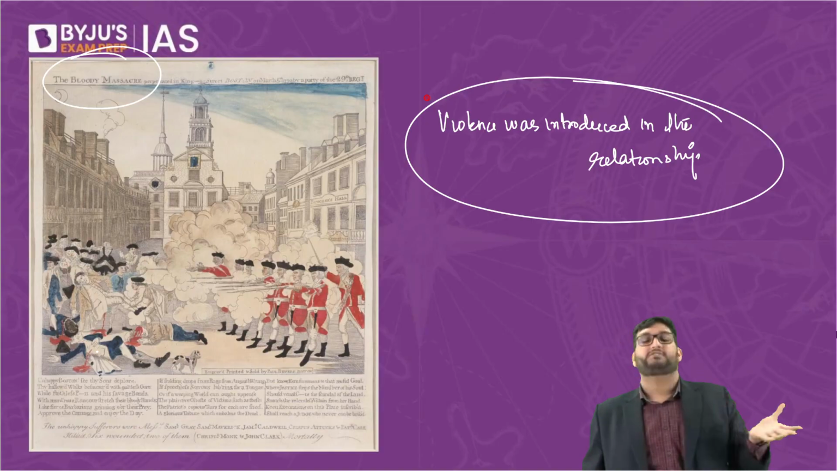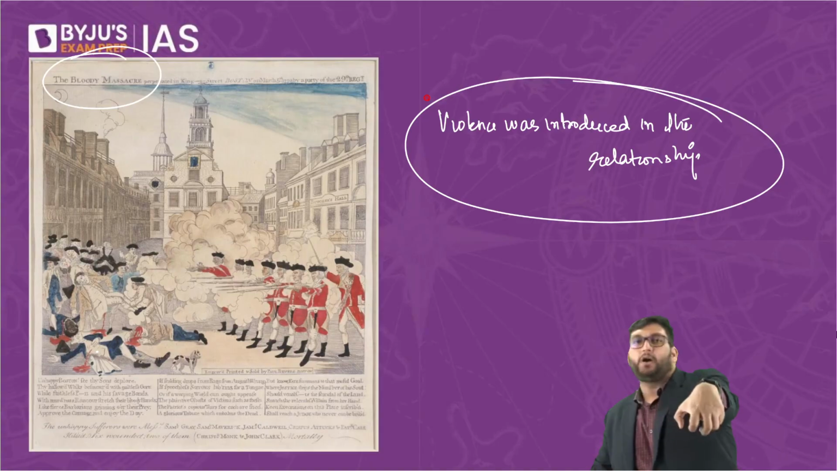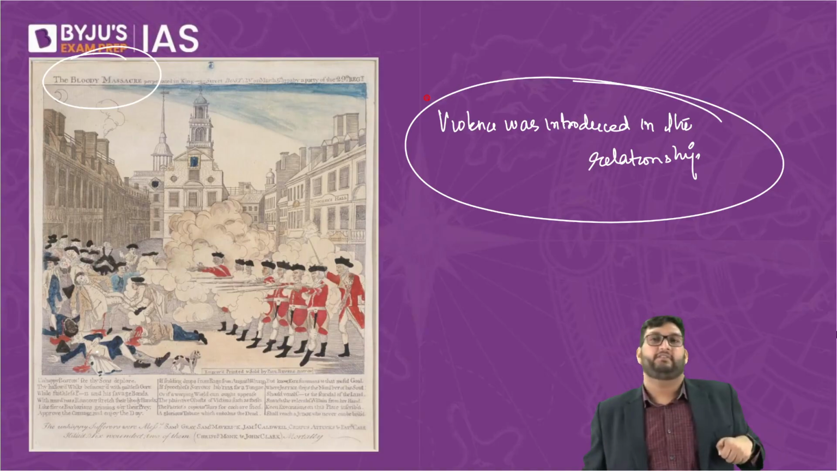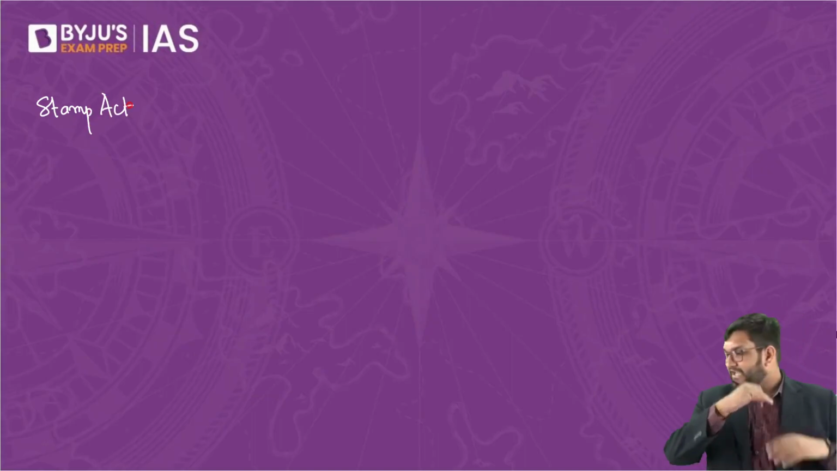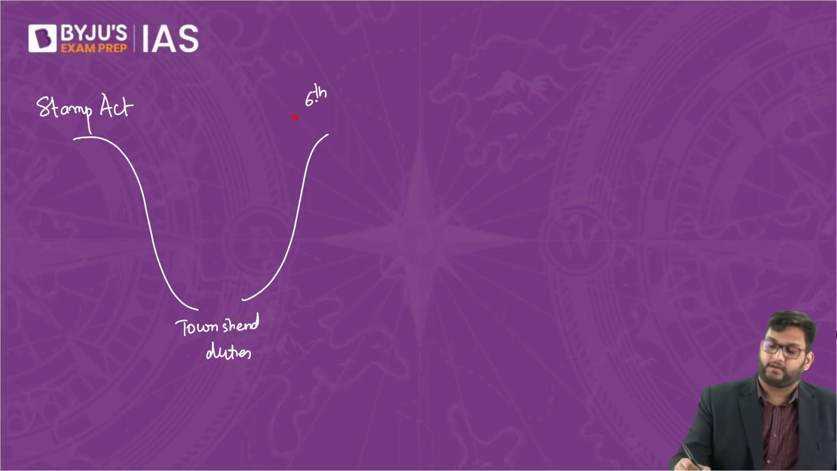And why is the Boston Massacre important? Because of it, the British have to withdraw the Townshend duties in a way, and the regiments are removed from British America. Now I want to tell you that there's a pattern emerging. You had the Stamp Act, which was an escalation point. Then we had the Townshend duties. Now you have the 5th,